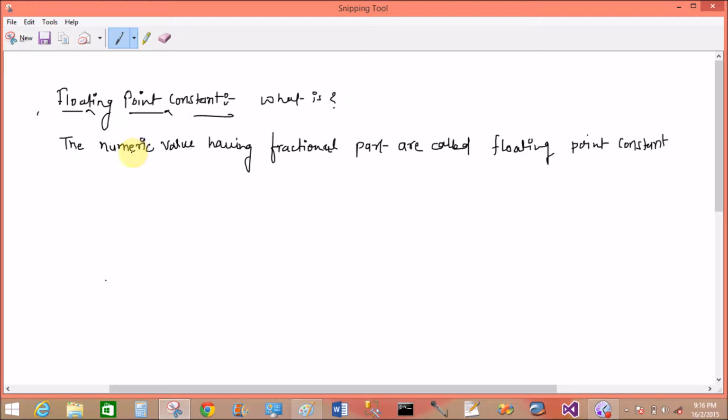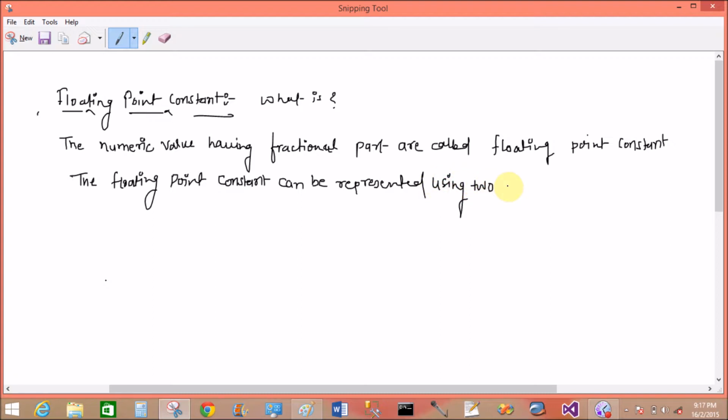Today I'm talking more about floating point constants because I want to give a detailed description of them. In this session I will cover examples of floating point constants. So, the floating point constant can be represented using